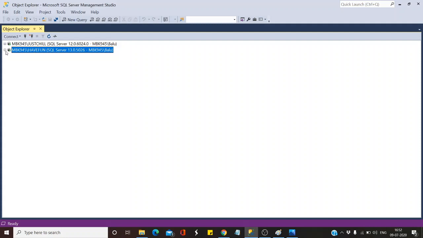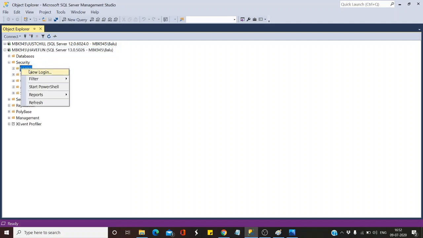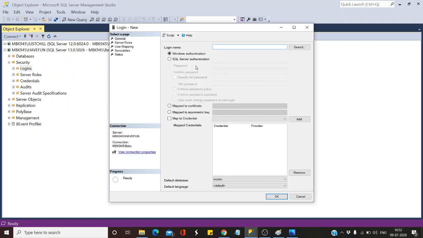I go here to security, login, right click, new login. I will create user1 here, with a password, type anything.